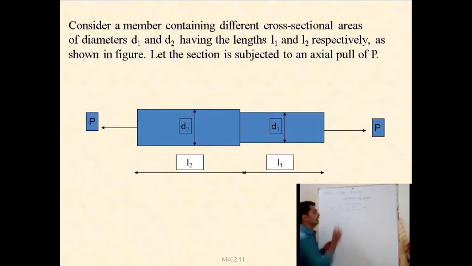See, for the material, we know the stress property. Stress is load by area. Generally, material stress is load by area, and the stress for the second material will be load by area. So, for finding the elongation in both cases, if I apply a load to this material and this material, there is a change in length.